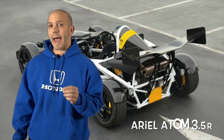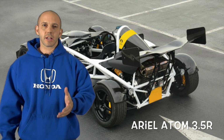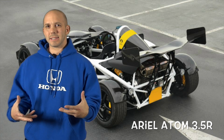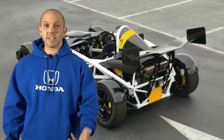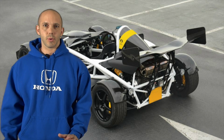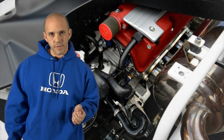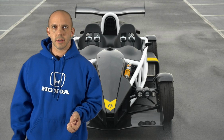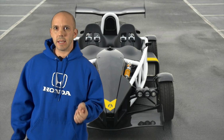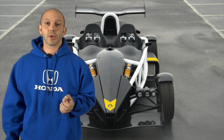I know this one is something you guys are all going to love. Ariel Atom just came out with a 3.5R version. Now, I've talked about the Ariel Atom before. This is basically a go-kart with a Honda engine, and it's street legal. I've seen a few of these at local shows, and they are showstoppers. I mean, they're really cool looking. This 3.5 is 350 horsepower, 2.0 liter VTEC engine supercharged. Okay, street legal. The 3.5 is also much lighter than the earlier Ariel Atoms, so this thing is going to